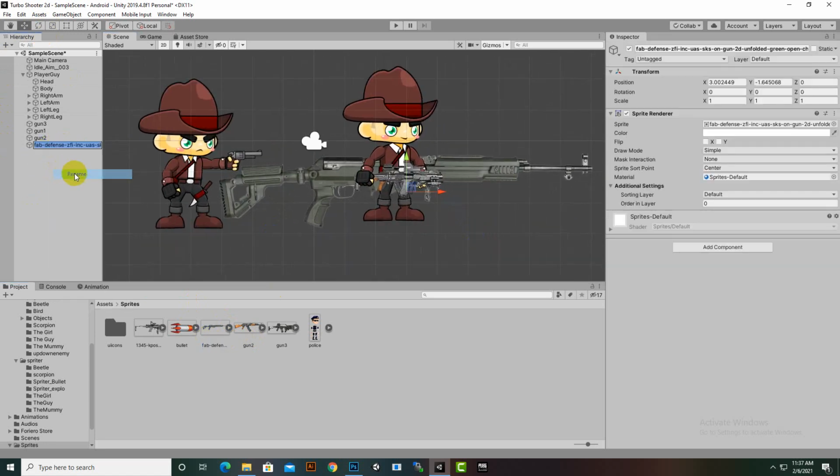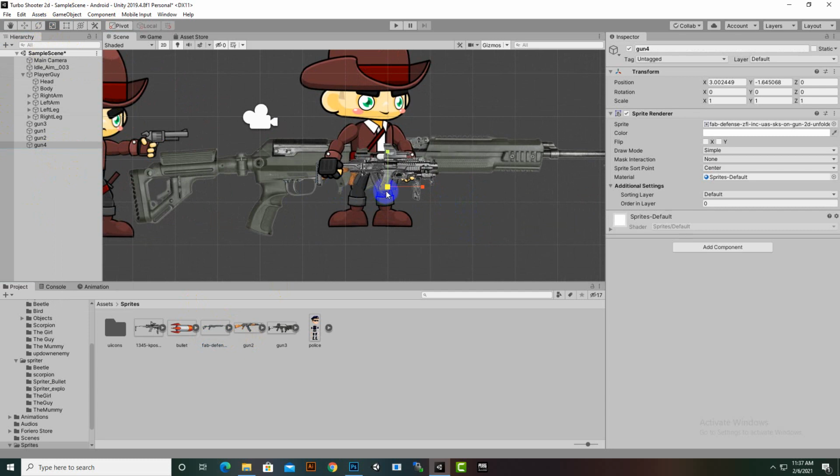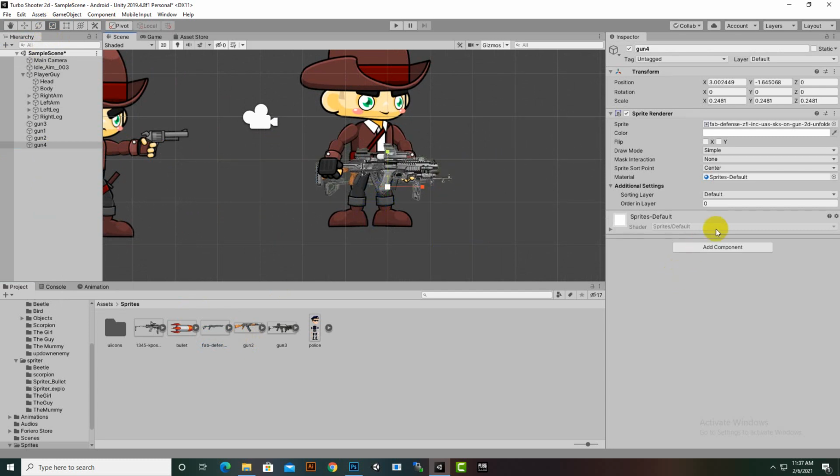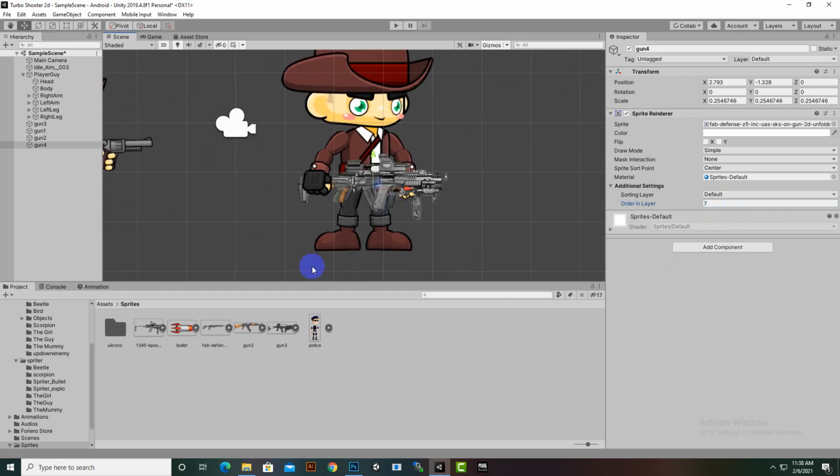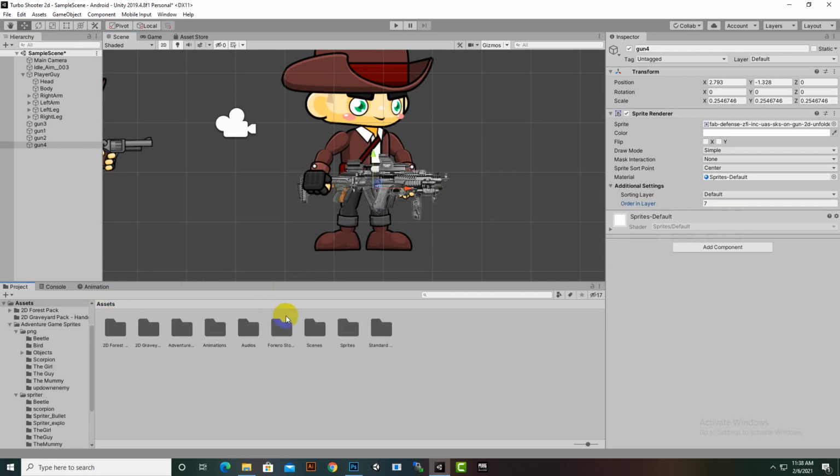So we will just rename it to gun 4, and then we will bring it like this, and we will make the layer 7, and that's fine. So now we will just bring it to the right position. Yeah, so that's fine. So now we have 4 guns, and now we will make prefabs of the guns,